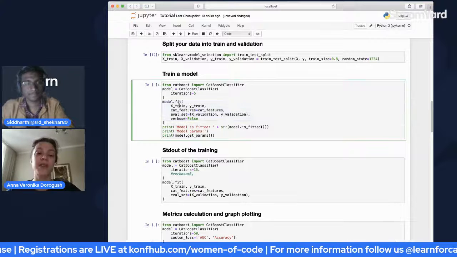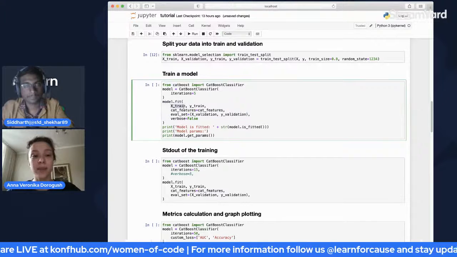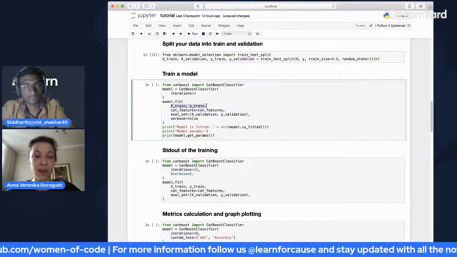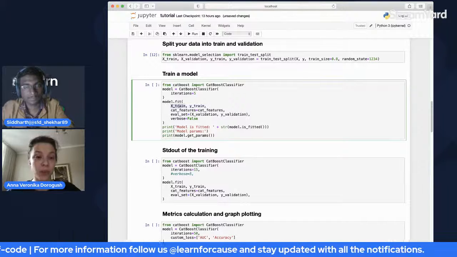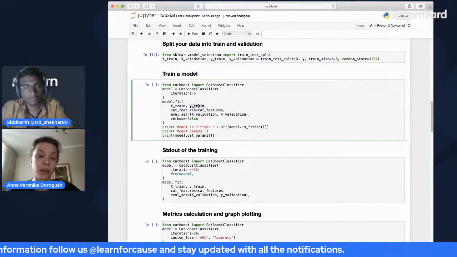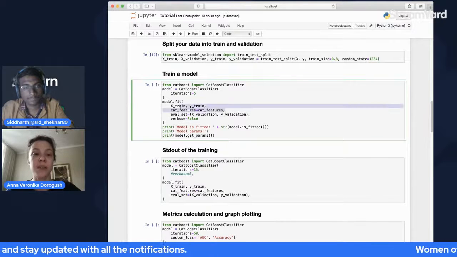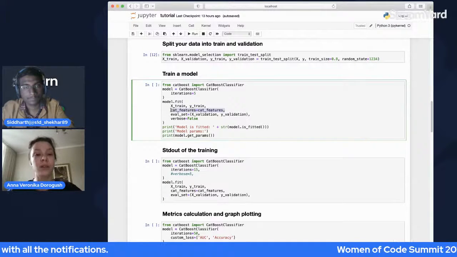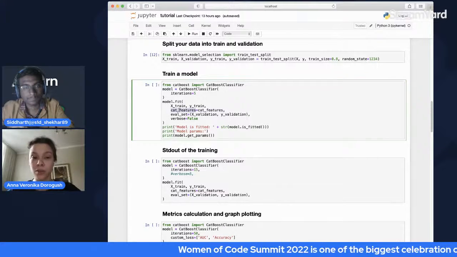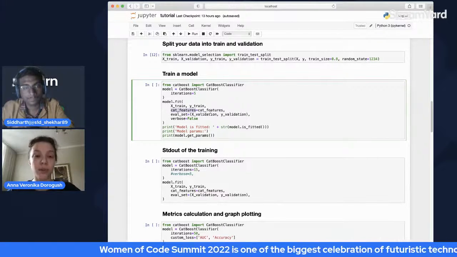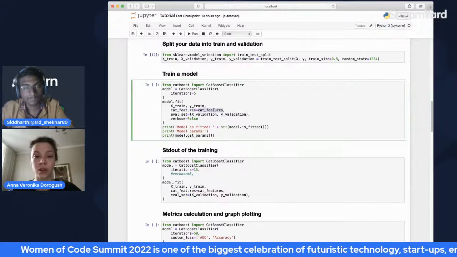What do you specify here? You need to specify X and Y. Those are the matrix with the features and the vector with the answers that you know. You also have to specify non-numerical features. There is a parameter called cat_features, and here you put the list of features which you consider categorical.